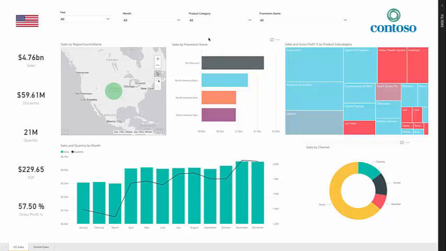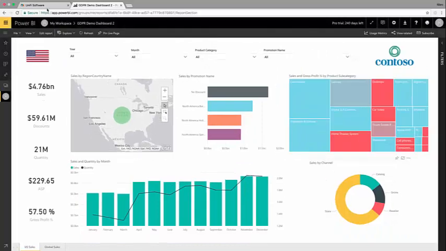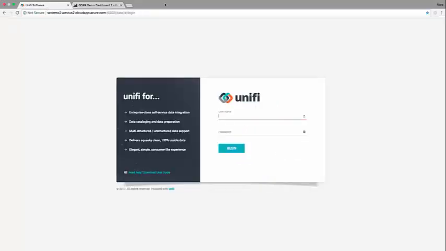And right off the bat, I'm not exactly sure where that data is going to come from, but I know that the other tool that I use primarily in my business day to day is Unified Data as a Service platform. So what I'm going to do is log in and do some initial investigation and find out if there are some data sources that I can now start to incorporate to satisfy this international or global view of the business.